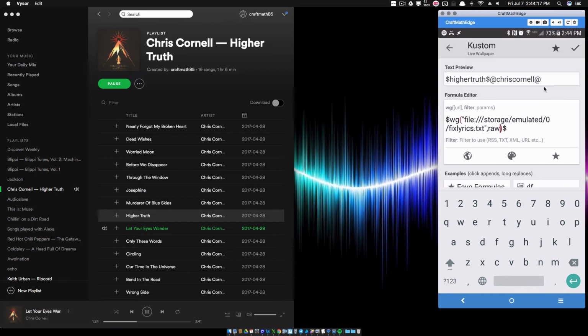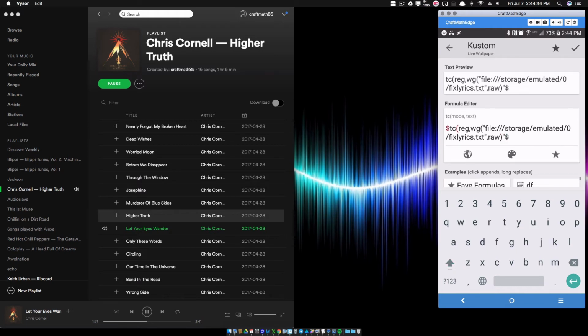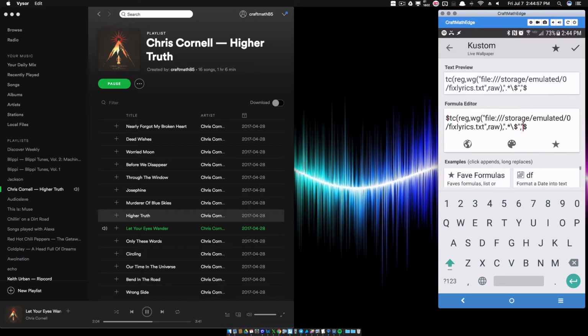Well, how are we going to do this? The way we could do this is we can get rid of everything in front of this dollar symbol. That's what we can do first. So let's do that. TC reg. All right, we want to search for the dollar symbol and everything in front of it. So, comma, and now let me put this inside of quotations. So dot asterisk, escape our dollar symbol, and let's replace it with absolutely nothing.